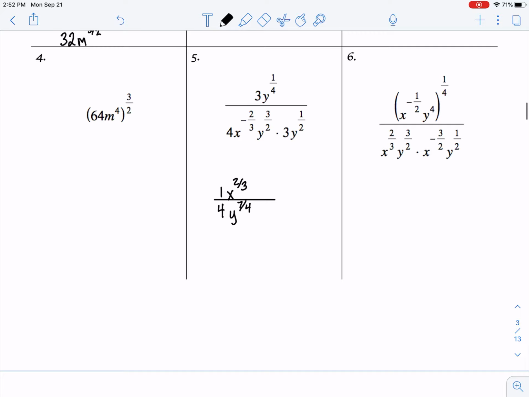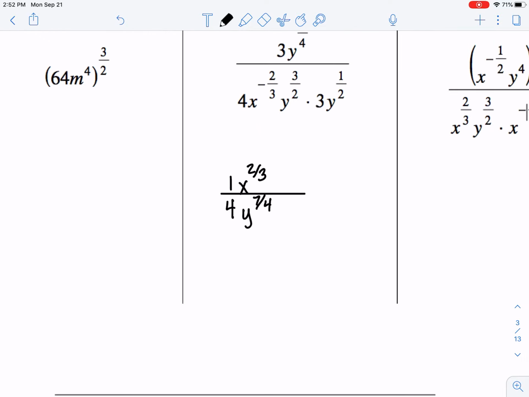Now, for two variable problems, I need us to pick two random variables that are not x and y. Again, pick two variables that are not x and y. So, what I mean by this, I'm going to say y equals